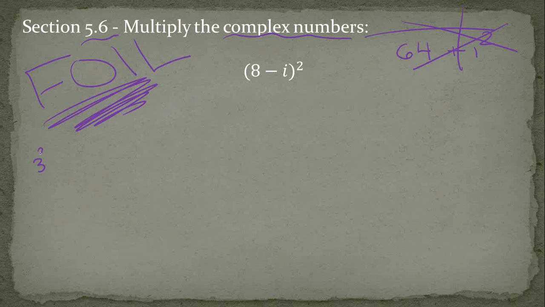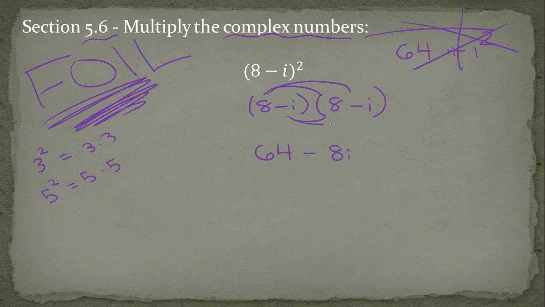Whenever you are asked to square something, it means to multiply it times itself. 3 squared means 3 times 3. 5 squared means 5 times 5. So 8 minus I squared is asking you what is 8 minus I times itself. So this is a FOIL question, so be on the lookout for that. It's sneaky. So when we go ahead and multiply,